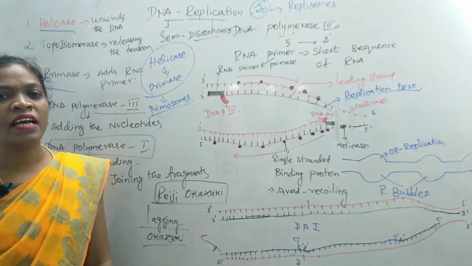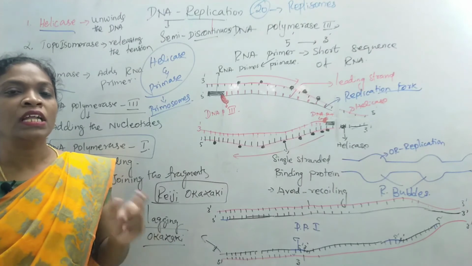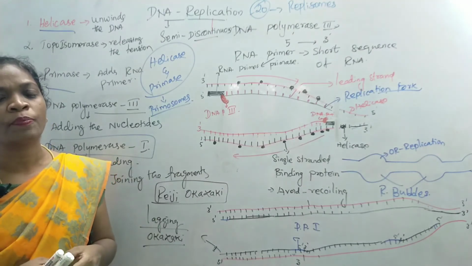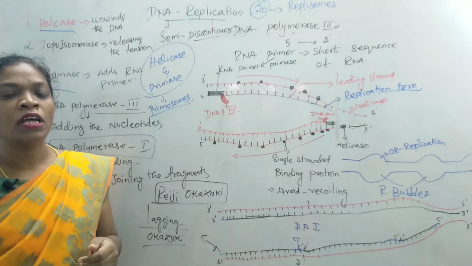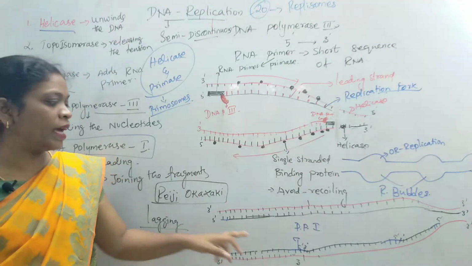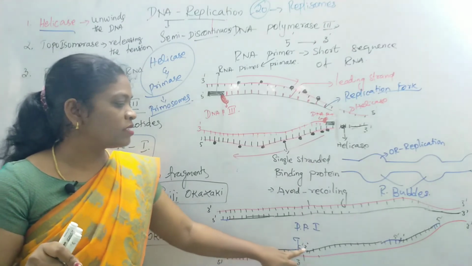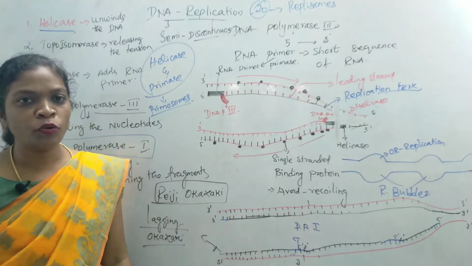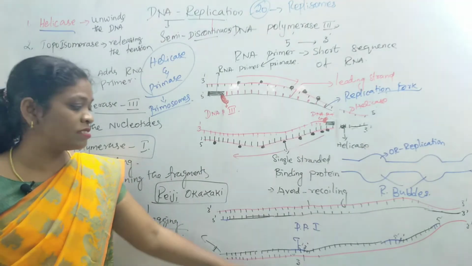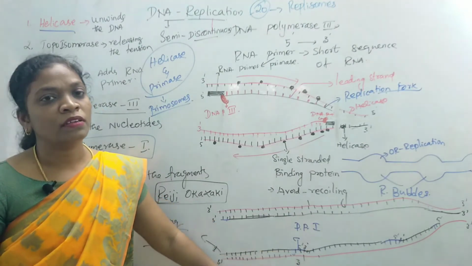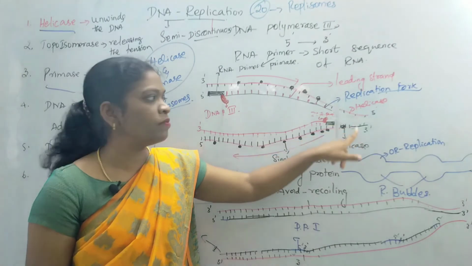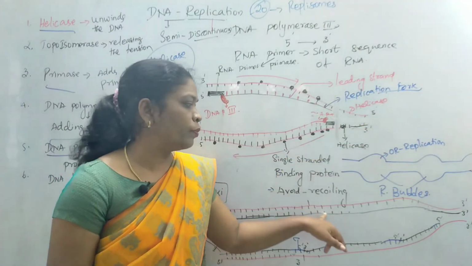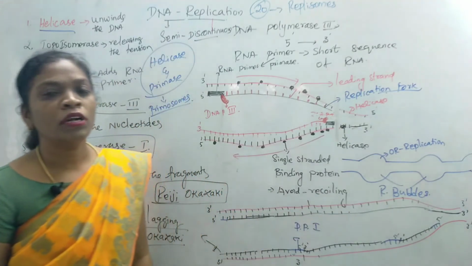These lagging strand pieces are also known as Okazaki fragments. These fragments are joined by the DNA ligase enzyme. The empty places where we have the RNA primer, and the gaps between these two discontinuous strands, are filled by DNA polymerase 1 with DNA nucleotides. It adds DNA nucleotides to these strands and makes them complete. With the help of the helicase enzyme, they start to unwind these strands further, producing a longer chain of new daughter strand.